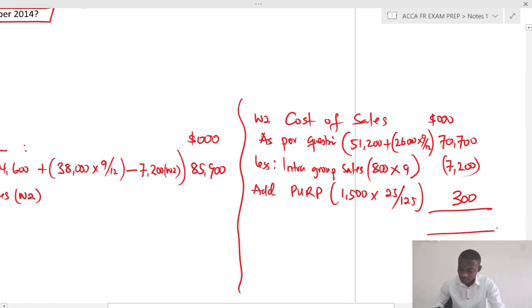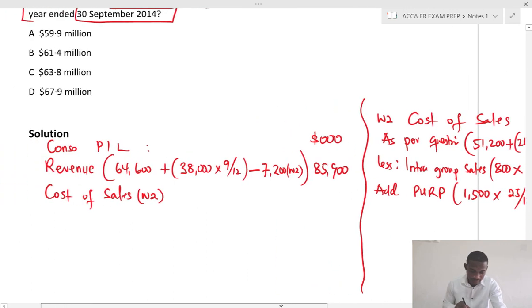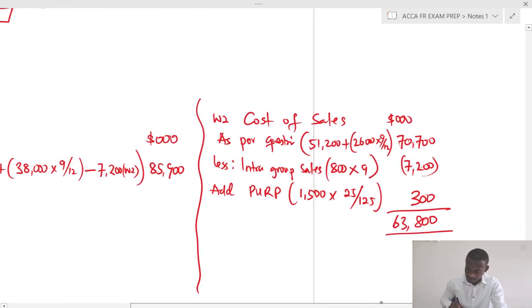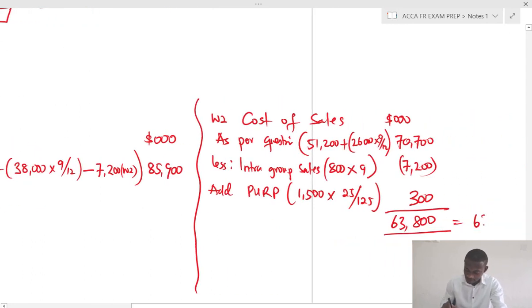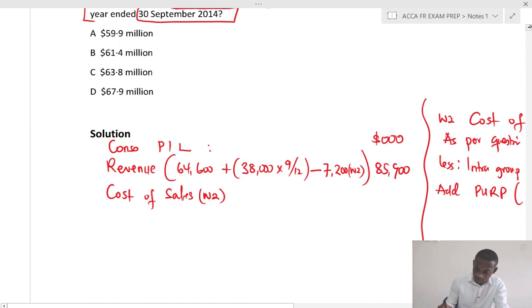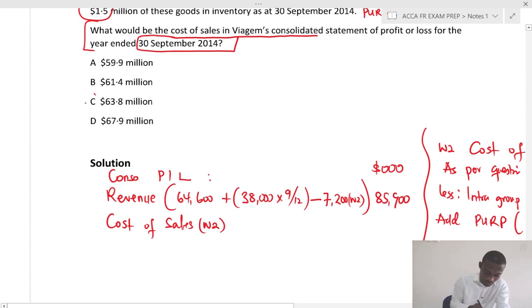So if you add this, so 70,700 minus 7,200 plus 300, that should give us 63,800. So this was the requirement actually. So 63,800 is 63.8 million because of the 3 zeros we put up there. So from the options, this should be option C,